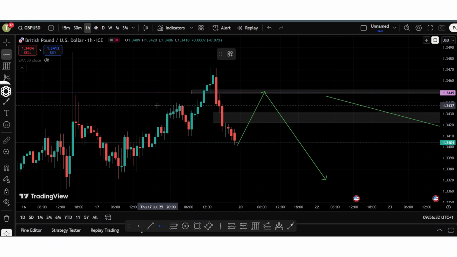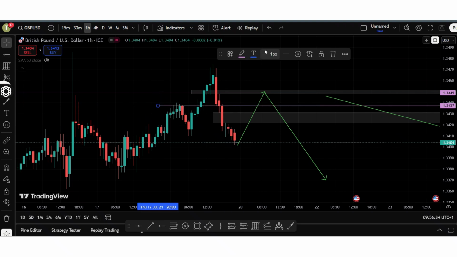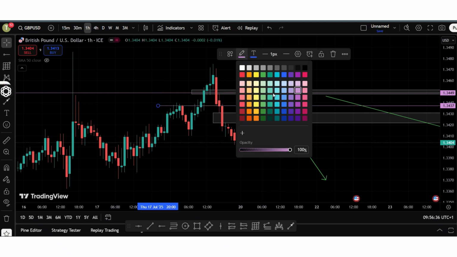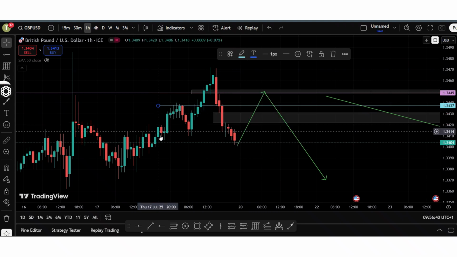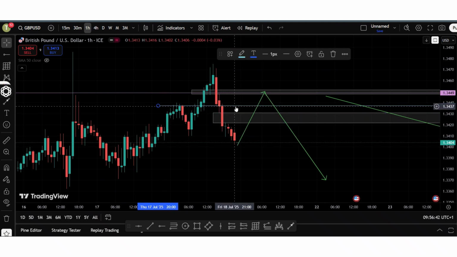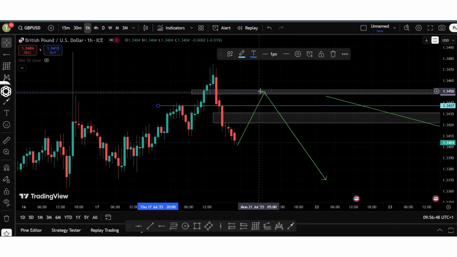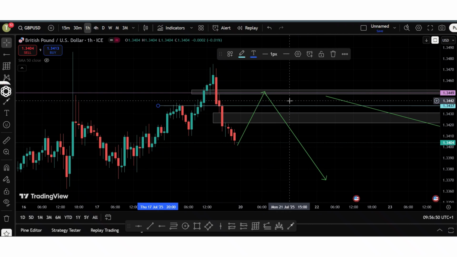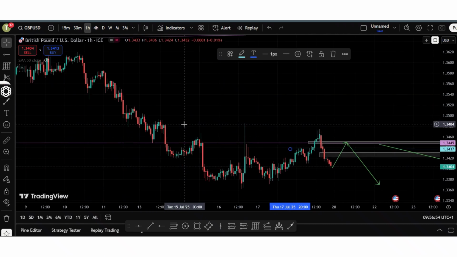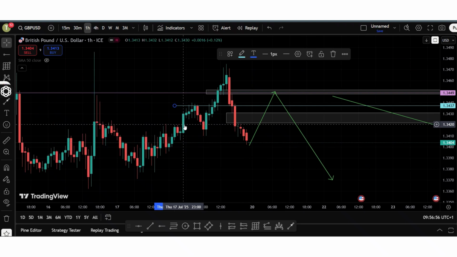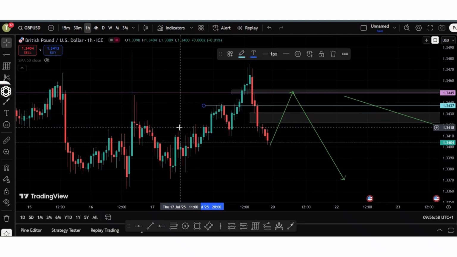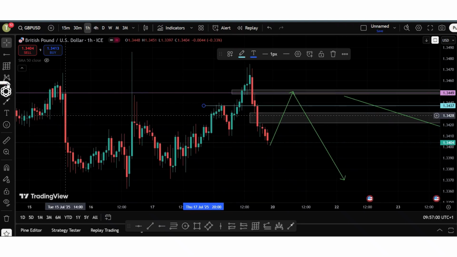So we can have a sell position over here. Let's put this over here to annotate. So we can have a sell position over here or over here. So two sell positions, one over here. If this breaks, then we can have another sell position over here. So if we are having a sell position,